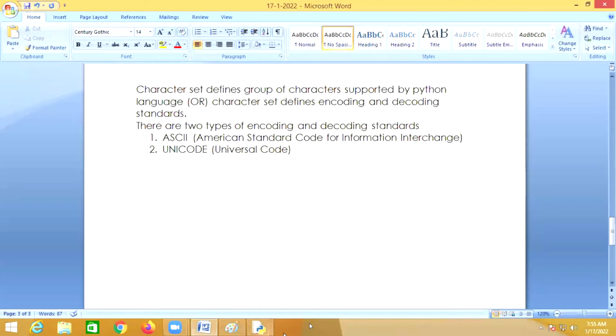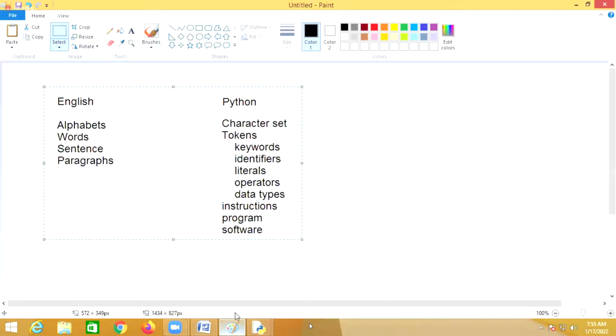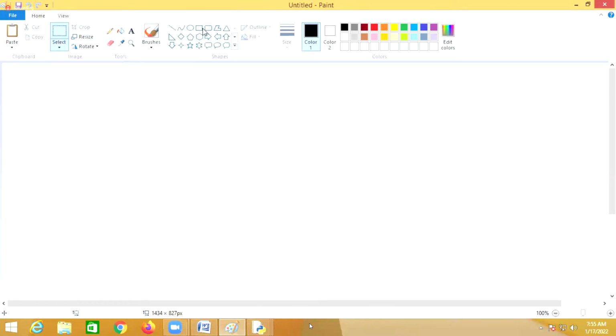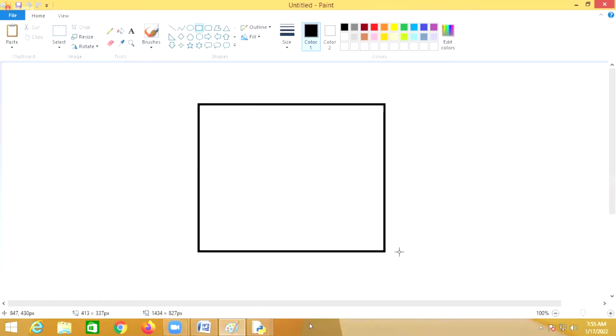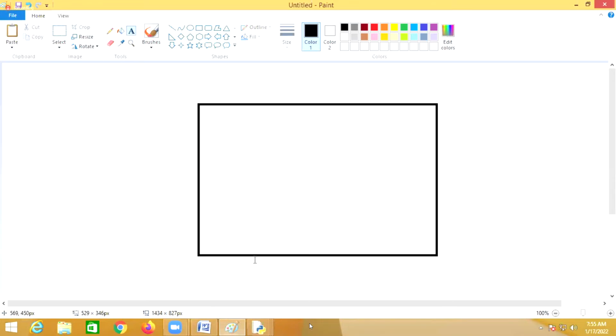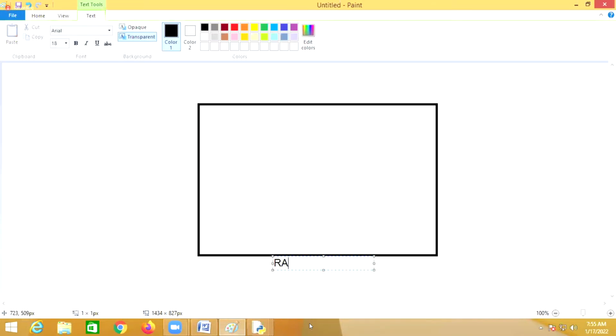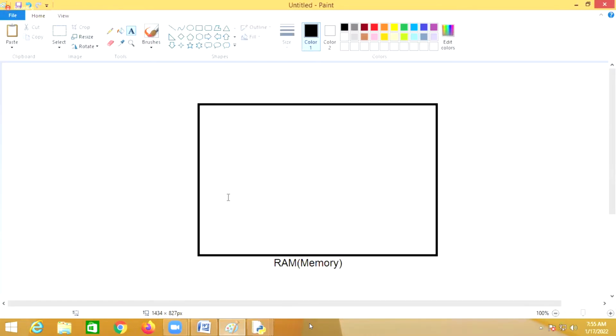So what is the meaning of this? For example, the data will not be stored in RAM as it is. RAM is the same thing as memory. How will the data be stored in memory?